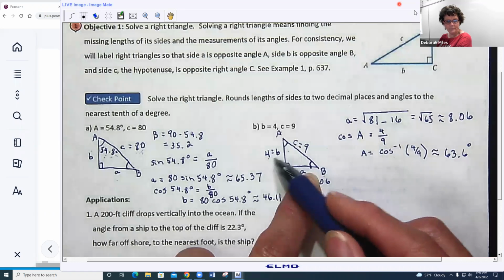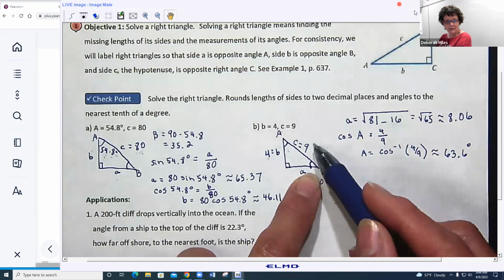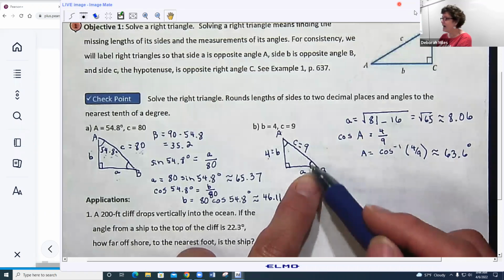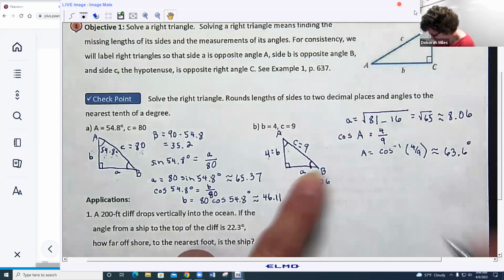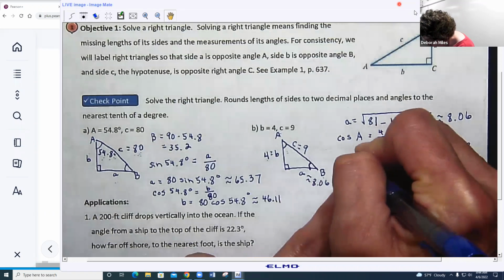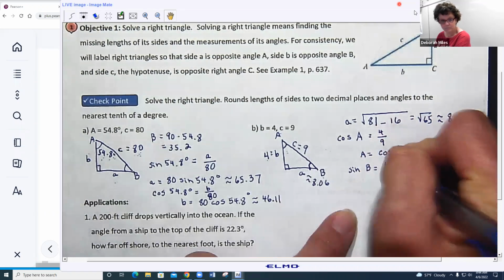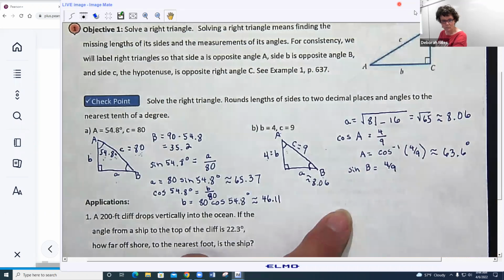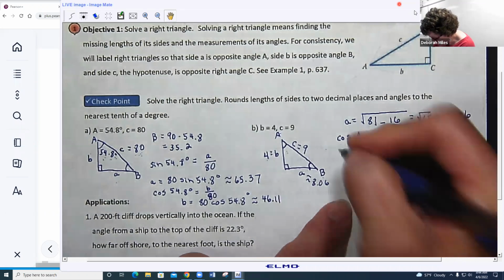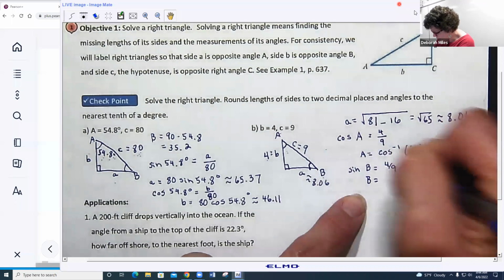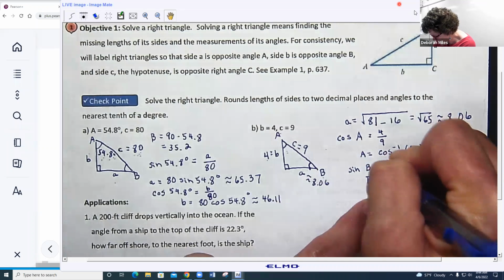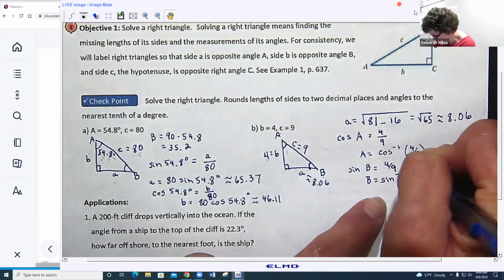Four is opposite, 9 is hypotenuse, opposite over hypotenuse is sine. So the sine of B equals 4/9. And that means B would be the inverse sine of 4/9,